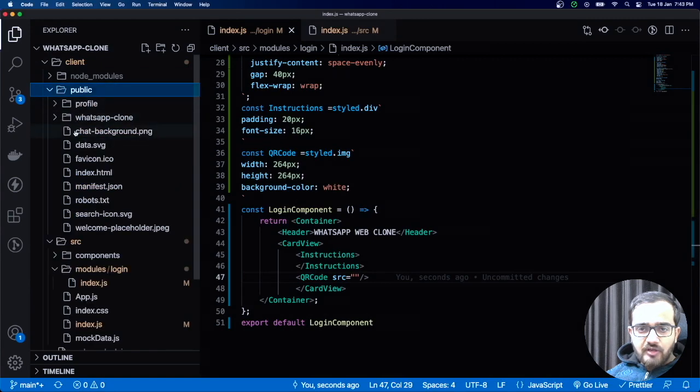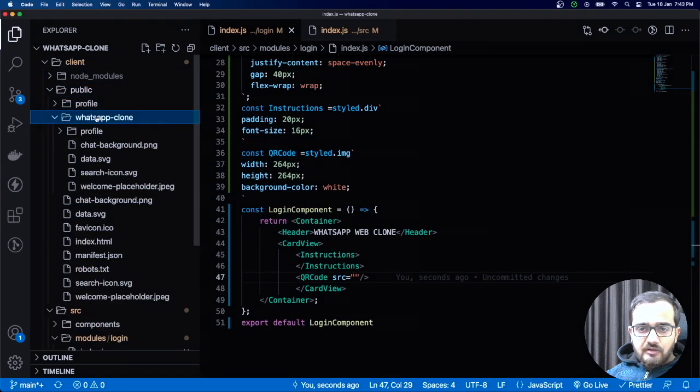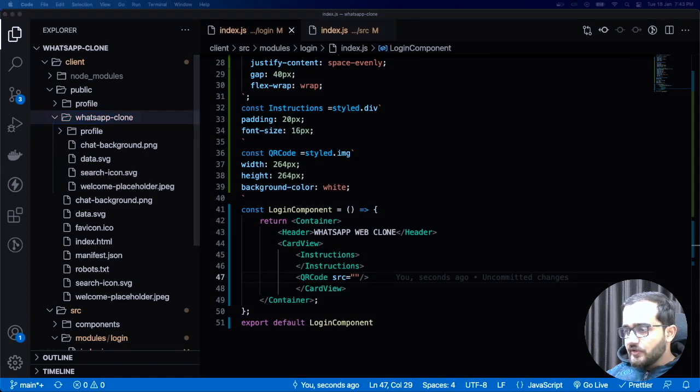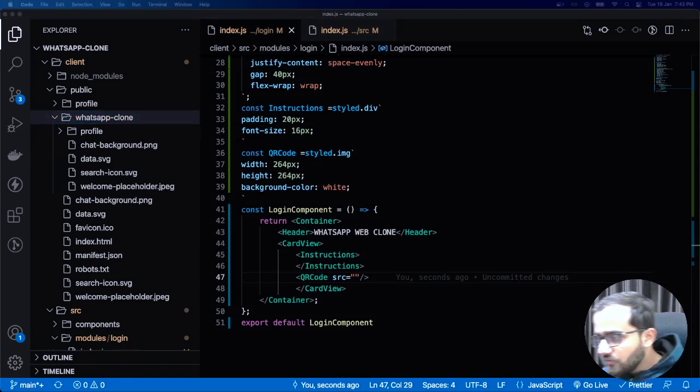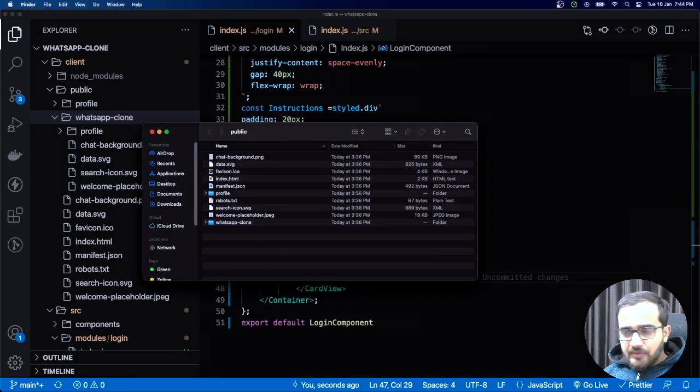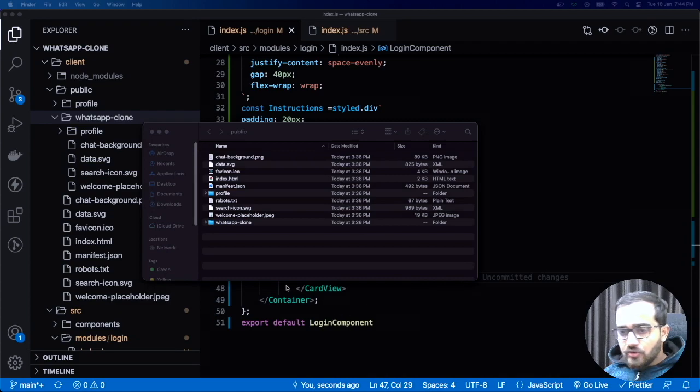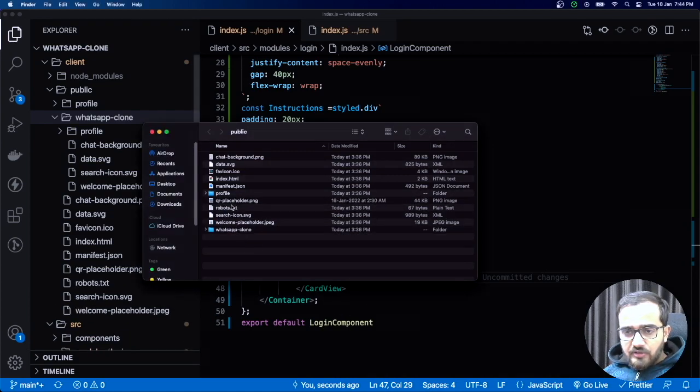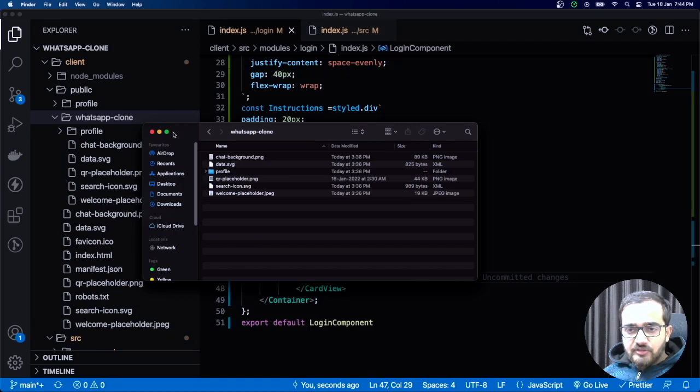So in the public folder we can keep it inside. Okay, I just need to copy it from my file directory. Let me see where it is available. Here, reveal in the Finder. So here what I can do is simply paste that QR placeholder. I can keep it inside the WhatsApp clone as well, so that it is visible on the GitHub side